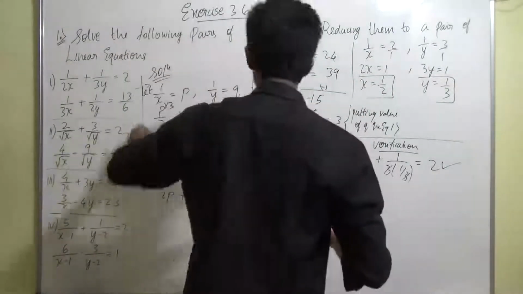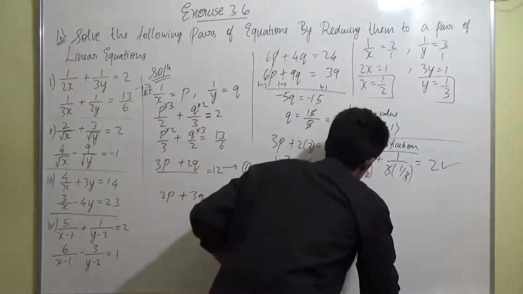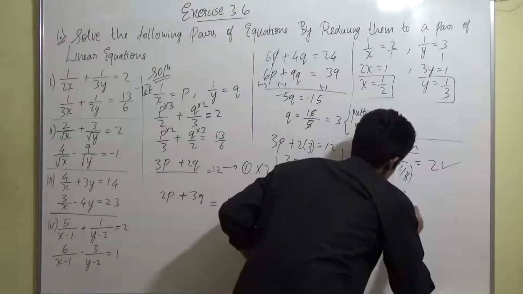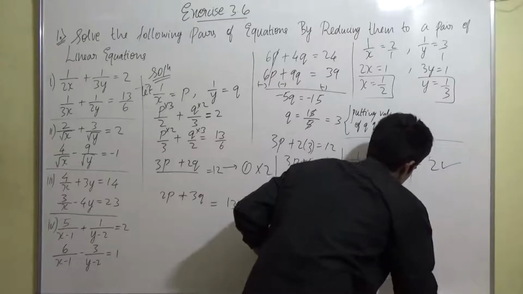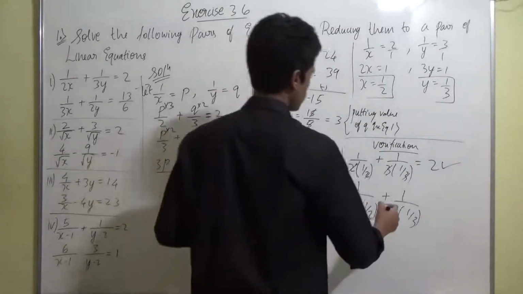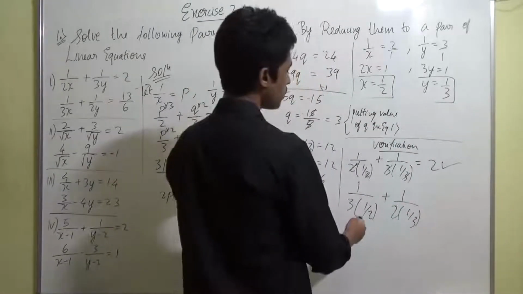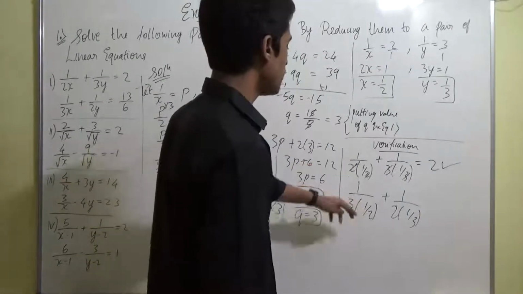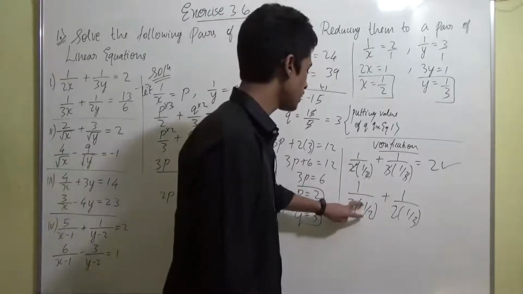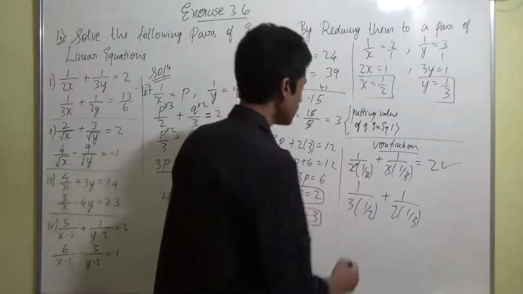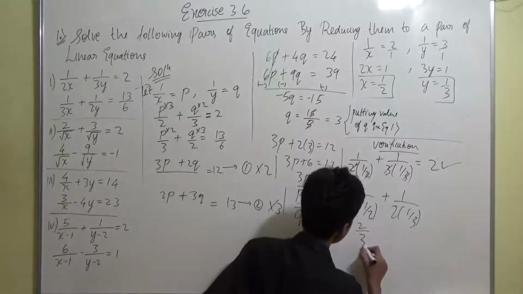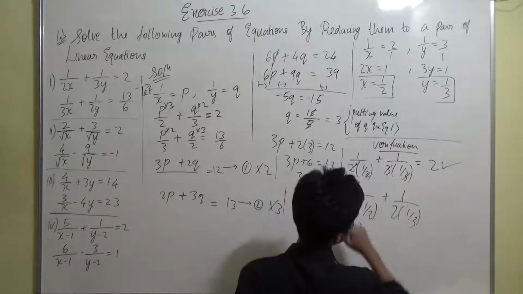Now let's verify with the second equation. It is like 1 by 3 into 1 by 2 plus 1 by 2 into 1 by 3. We should see whether it will be equal to 13 by 6. Now if you see what it will happen, guys, 1 by 2 when it goes up, here it's not getting cancelled, right? So we will make it to go up. That time what it will happen, it will become like 2 by 3. Getting it? This 1 by 2 will go up and get inverted.